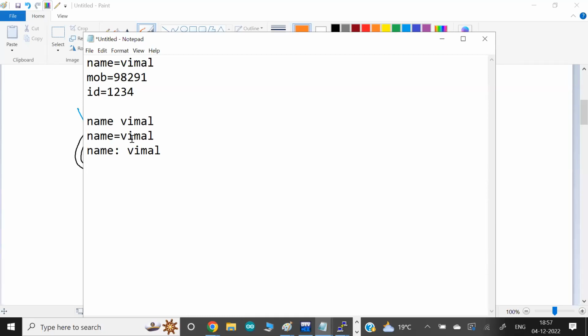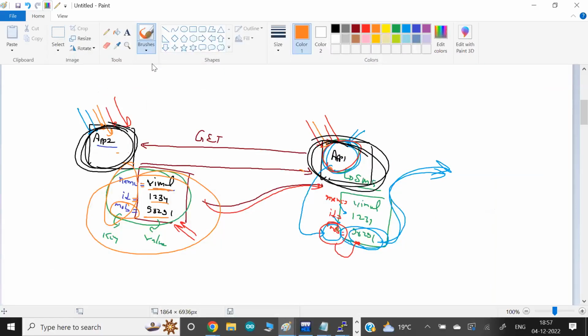Also, we have to use some standard to tell this is one key value pair, after this, second key value pair, after this, second key value pair. So either you use comma, or enter, or space, or new line. Some standard you have to use to tell these are different key value pairs. So mostly, guys, there are a lot of standards available in the market. Here, the only point is how to share the information between two services.